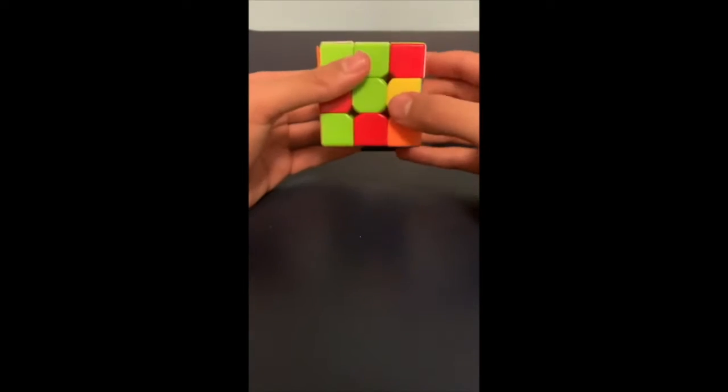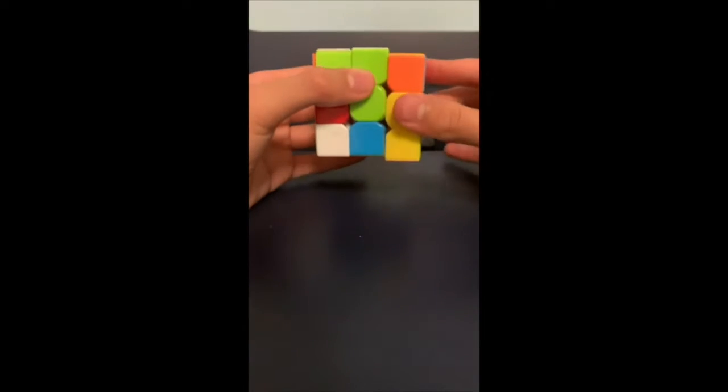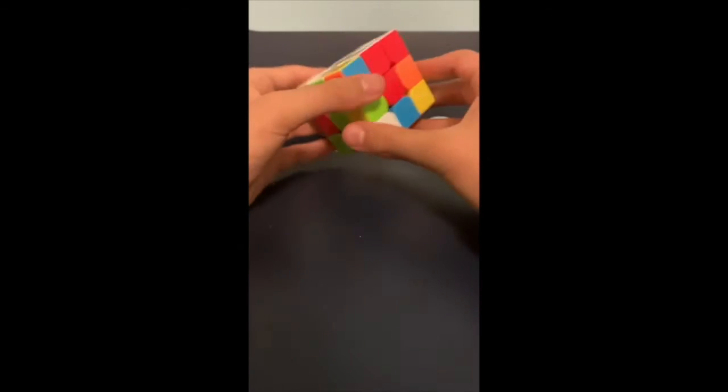For the final corner, we have it here. So I'm going to do that again. I'm going to take it out of the way. And then we have this corner here. So we're going to go...